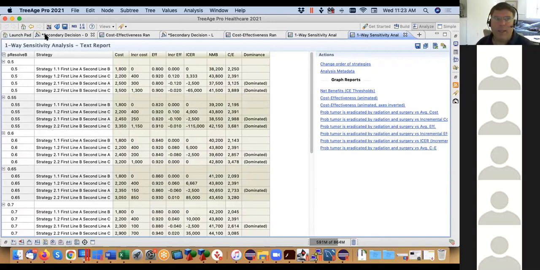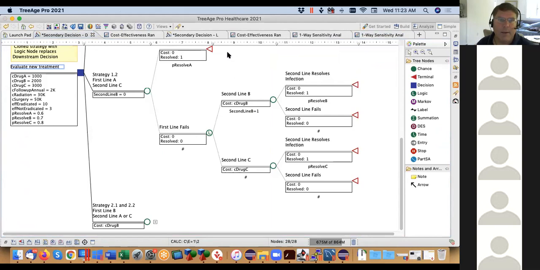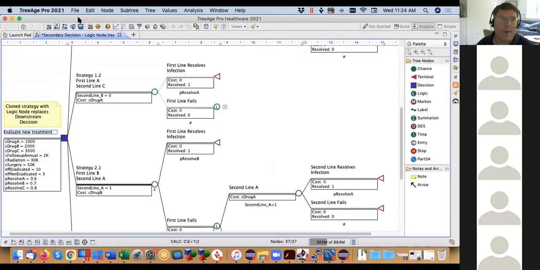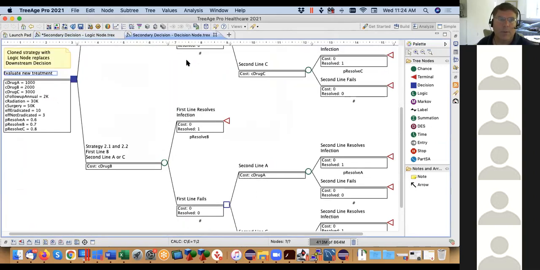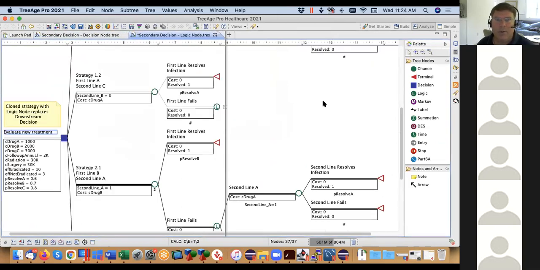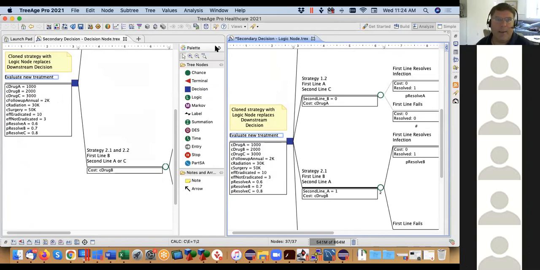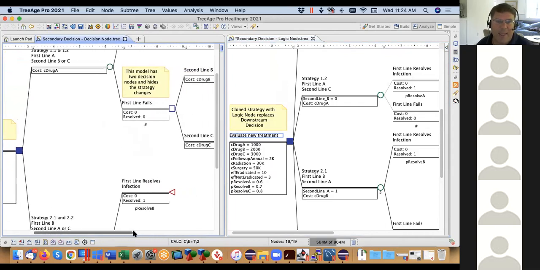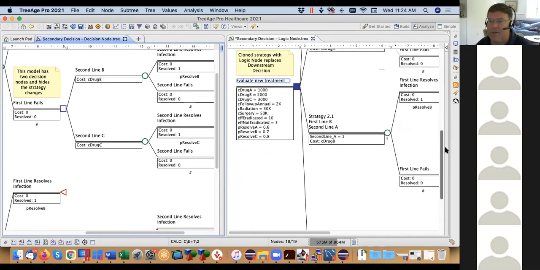So in essence, what I really did was, let me just close this before I save it. And I'll close all the results and just compare the 2 models. So whenever you want, you can drag a tab to the side and you can see them side by side. And you see in the original one, I had the decision with 2 strategies, and then I had the 2 sub-strategies buried. And in the new one, I have all 4 strategies explicitly from the decision node, but I really